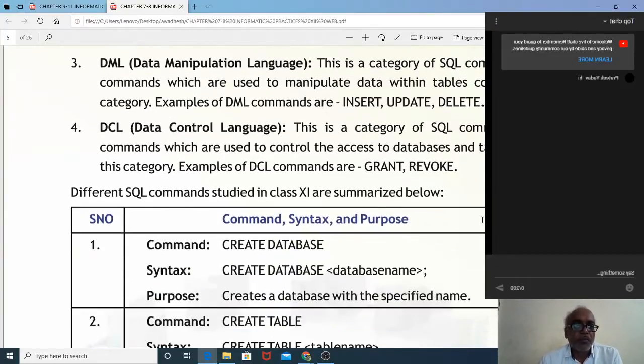Clear? Now we have DCL, Data Control Language. This is a category of SQL commands, all of which are used to control access to databases and tables. Examples of DCL commands are grant and revoke. This is used to give powers to the user, whether he can delete the file or not.